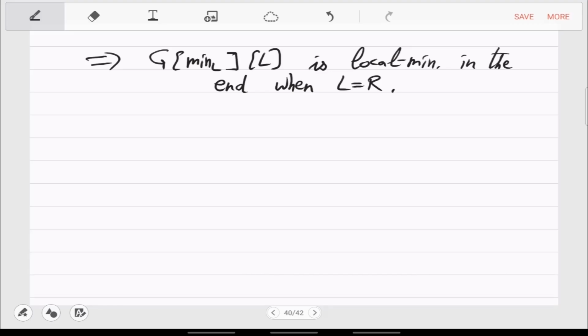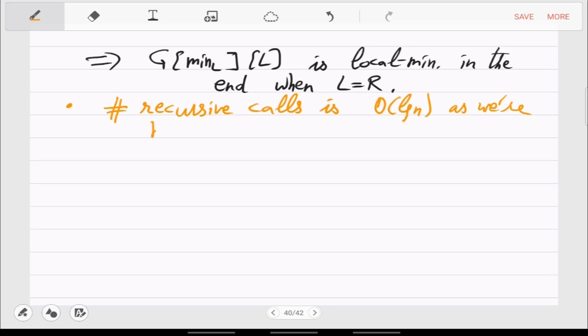And time complexity is easy. So number of steps is, well, not number of steps. Let's say number of recursive calls is log n as we are halving the columns each time.